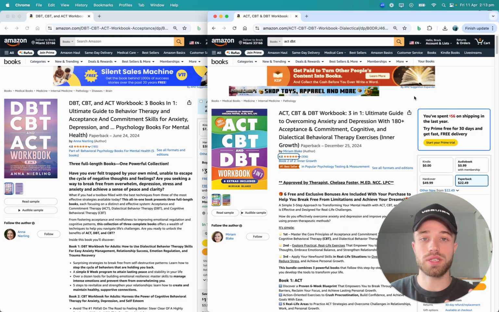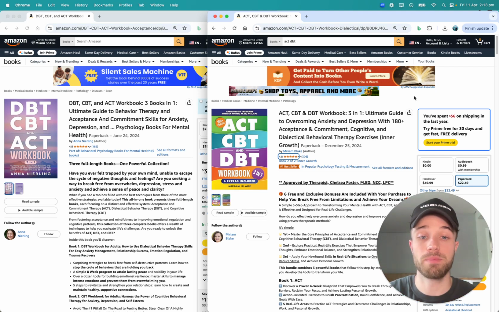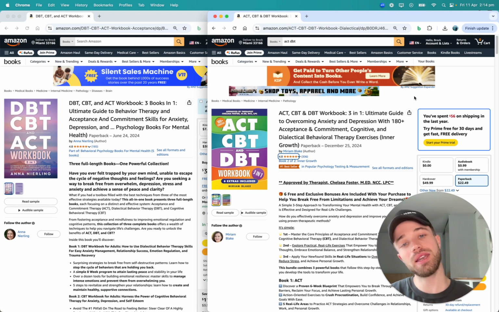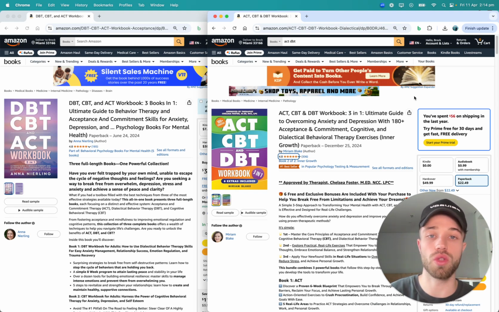So what you need to understand about Amazon KDP is it doesn't actually matter what's inside your book. What matters, well, it does a little bit, but what really matters is the front end. How good is your book cover? What is the value you have shown on the front end to your customer that you're going to give them? Once you've done that and you've obviously got a solid amount of reviews, which both of these guys have done, it's literally just a matter of taking that extra step, investing that little bit extra bit of time and money into a book that's going to make the difference between you doubling your sales or not, right?